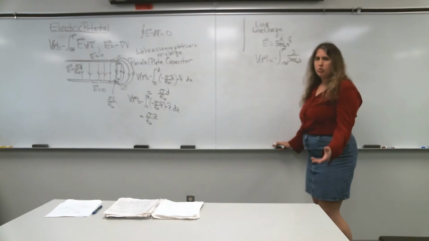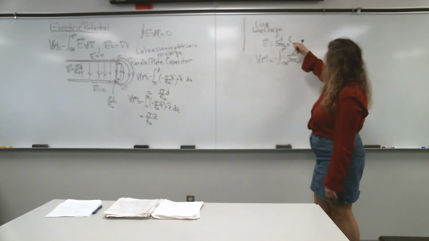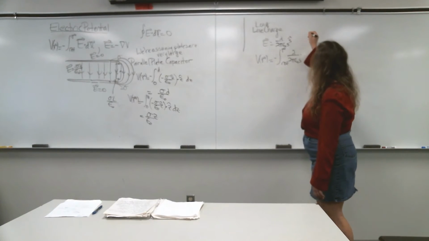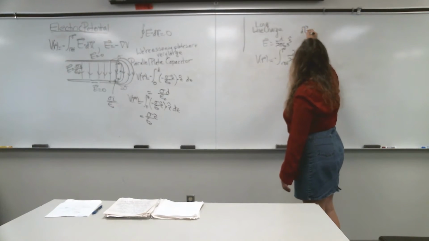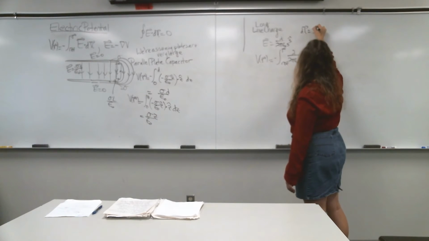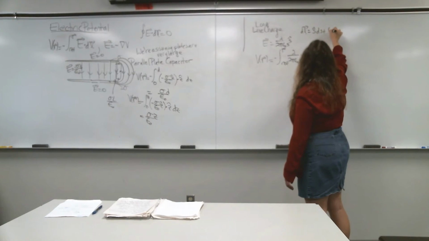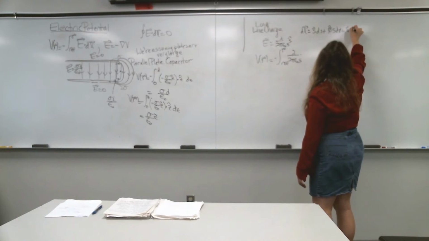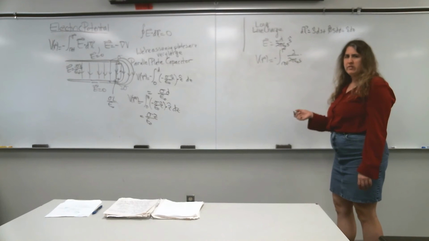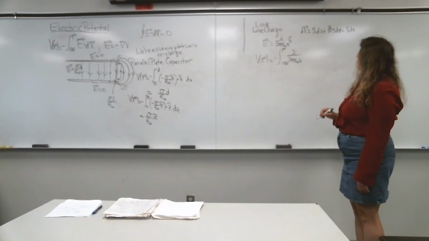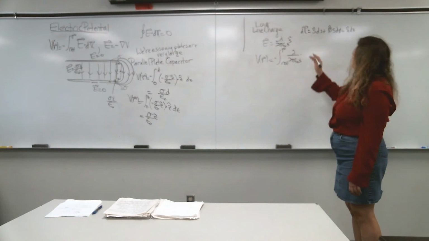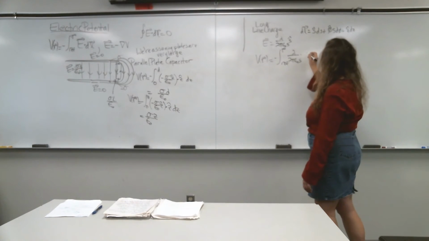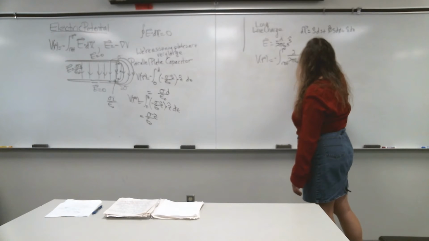And since we're doing cylindrical coordinates, it's convenient to use the cylindrical line element. Just as a reminder, dl here is equal to s-hat ds plus phi-hat s dphi plus z-hat dz. But just as before, when we were calculating the potential due to a point charge, all those other terms dropped out. The only term that contributes is this first one, and that'll give me